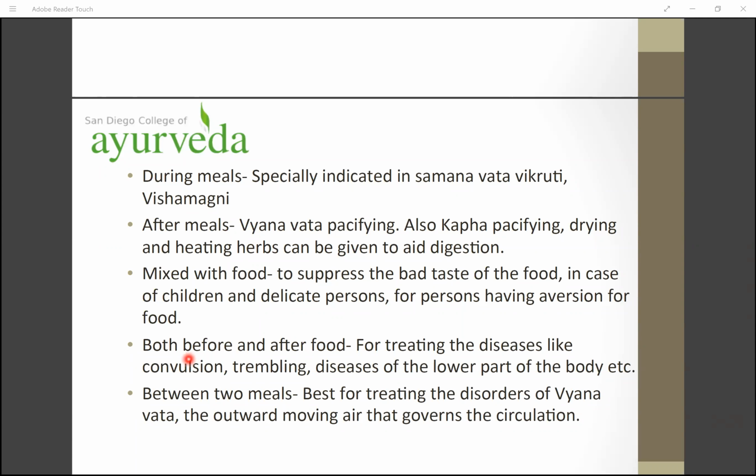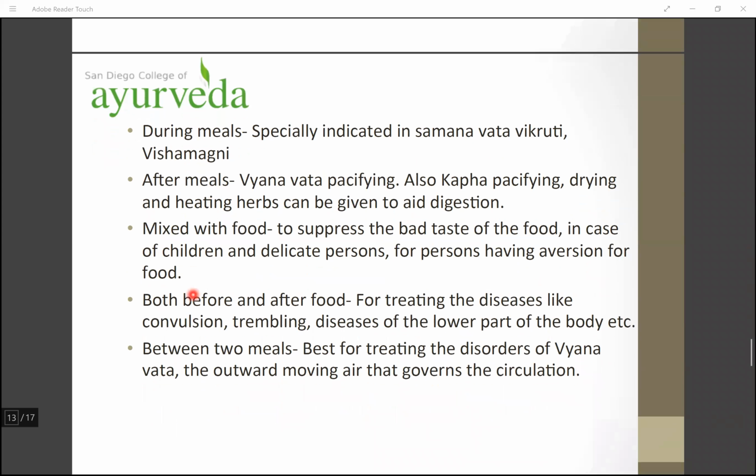After your food is over, you give medicines that have a Vyana Vata pacifying effect, a Kapha pacifying effect, and medicines that can help aid digestion, or help in case of indigestion and so on. For medicines that don't taste really good, and you have to give them to children, or very delicate people who can't really take such medicines, you mix them with food and give. Then there are some medicines that you have to give before food as well as after food,